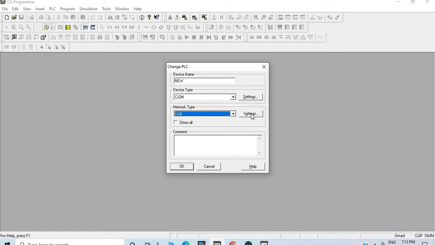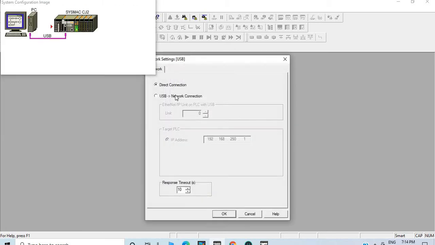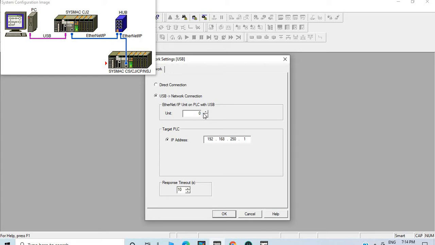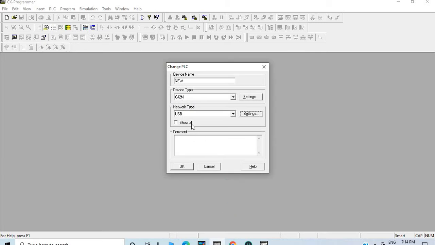You can go to Settings and it will show here. If you have a network connection, you can give the unit number of the PLC. Here you can check the unit number of the PLC. Suppose my unit number is 1. I am giving 1, and the IP address is 10. I am giving OK. Now here, for the project, you can give a comment, whatever you want to give,